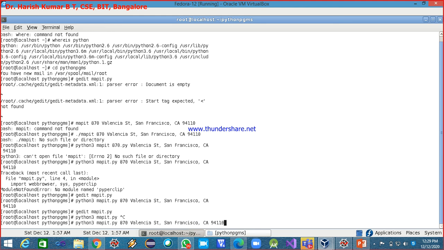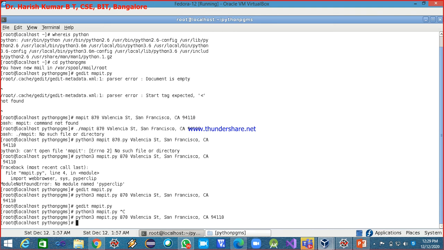Now when I press enter, what will happen? The interpreter Python 3 will start executing my program mapit.py, and mapit.py will read all these command line arguments and then launch the web browser and open a specific URL, maps.google.com, with this address. Observe now. I'm done.